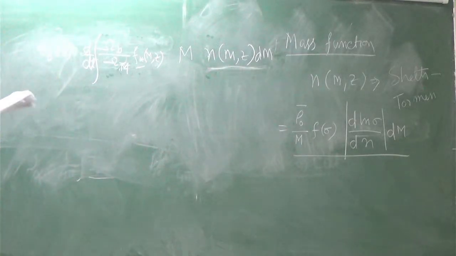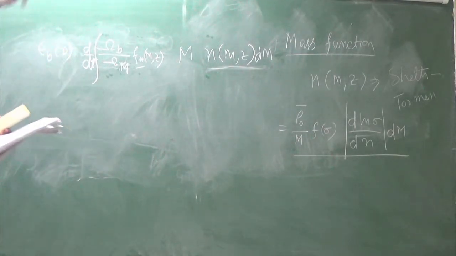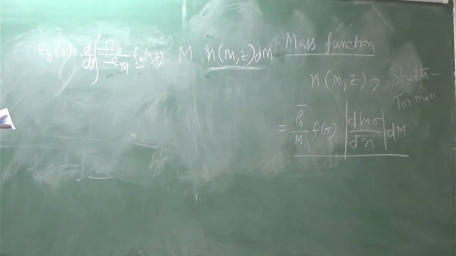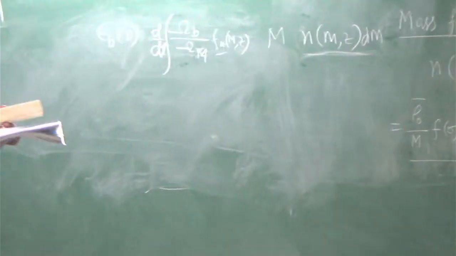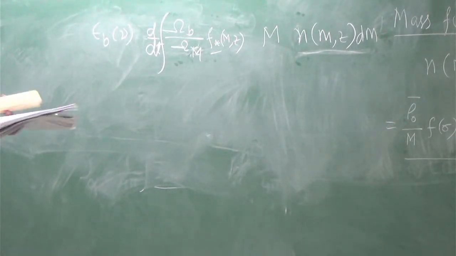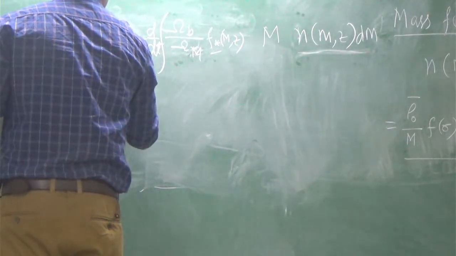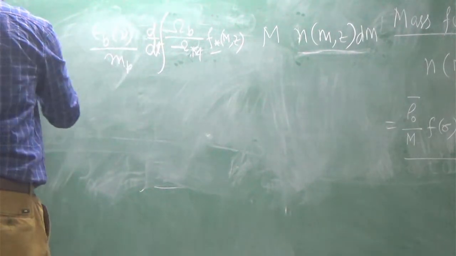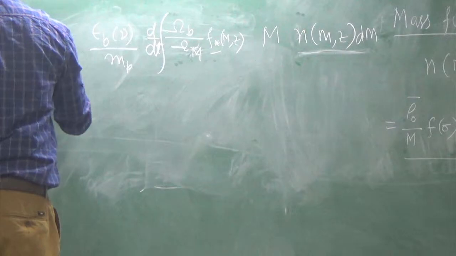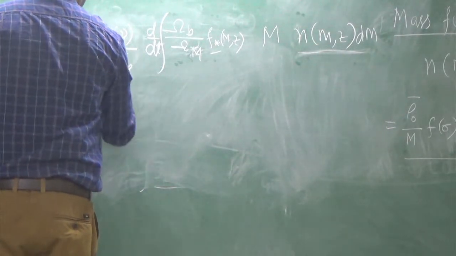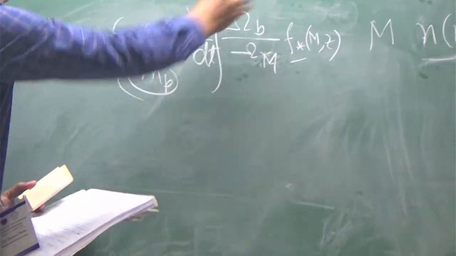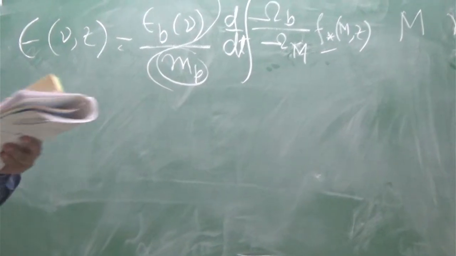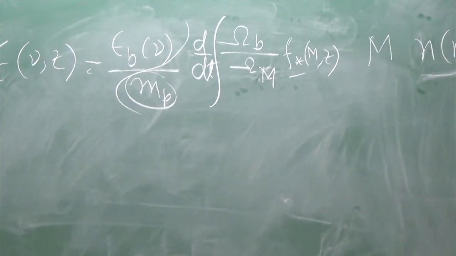You can take any form. If it is a black body, you know how it changes with frequency. If it is not a black body and follows a power law, you have to assume some power law, nu to the power alpha. And then we also divide by the total mass,